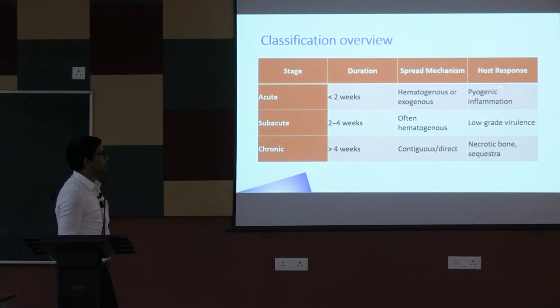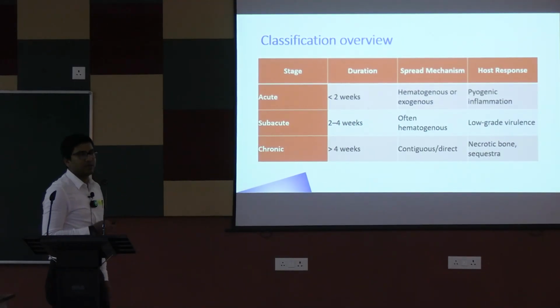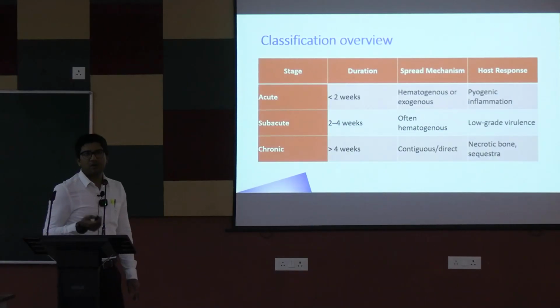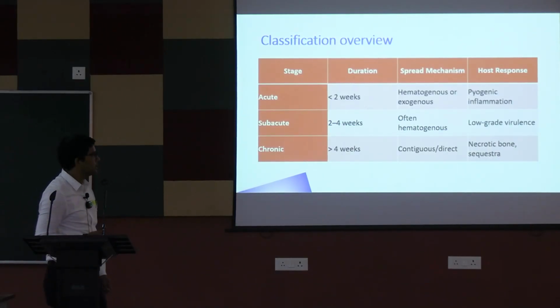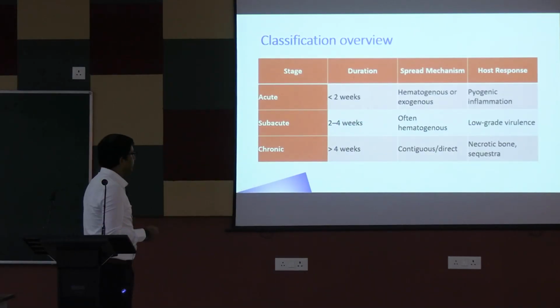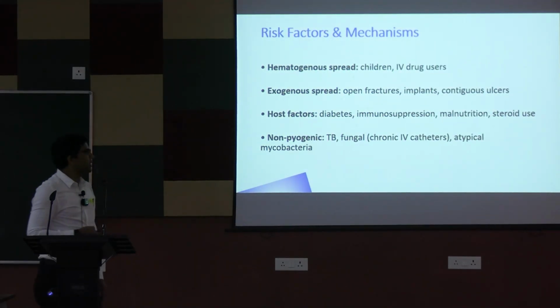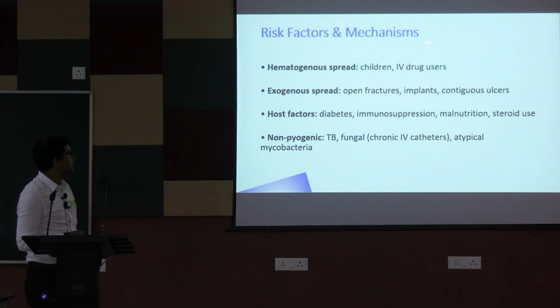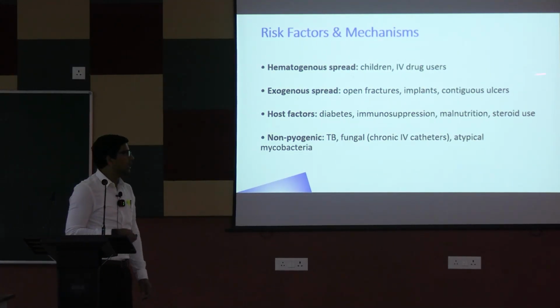And depending on the host response, it could be pyogenic inflammation, caused by pyogenic organisms like Staph aureus or Streptococcus. It could also be because of low-grade virulent organisms, like fungal osteomyelitis, Staphylococcus epidermidis, or tubercular osteomyelitis. The hematogenous group we see in children, and in individuals who use IV drugs. The exogenous group we see in open fractures, following orthopedic procedures like implants, or from a nearby source like contiguous